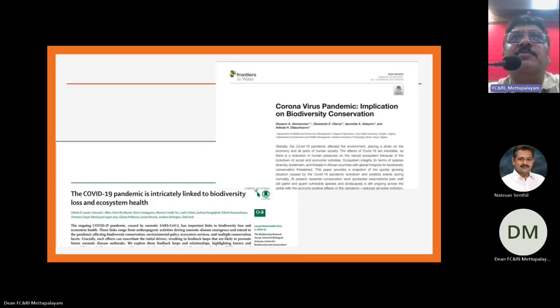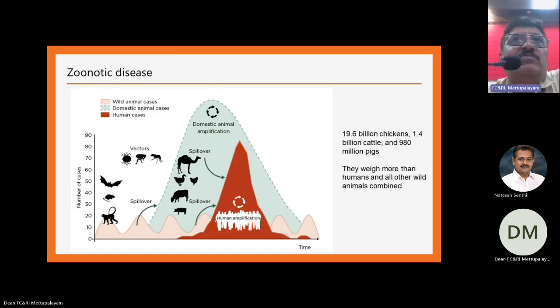Next. These are some direct coronavirus pandemic implications on biodiversity conservation. The COVID-19 pandemic. I mean, you just go out and search. There is a large number of articles talking about disease ecology and diseases like coronavirus. Okay. Next slide, please. So most of the zoonotic diseases,